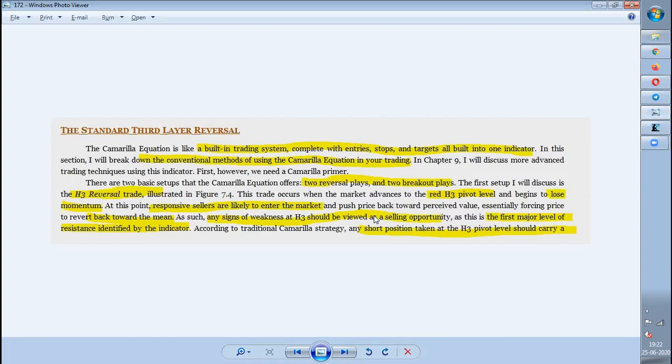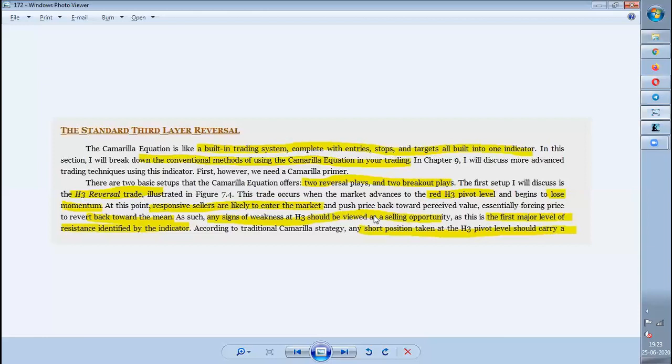So coming into the Camarilla equation, we have till now explained what the Camarilla equation is, what the formula is, what the levels are that we are going to concentrate on, what colors we have given, what the reversal zones are, what the breakout zones are, and also the Pivot Boss expandable Camarilla equation on H5 and L5. All these things were covered in the previous videos, and now coming into the standard third layer